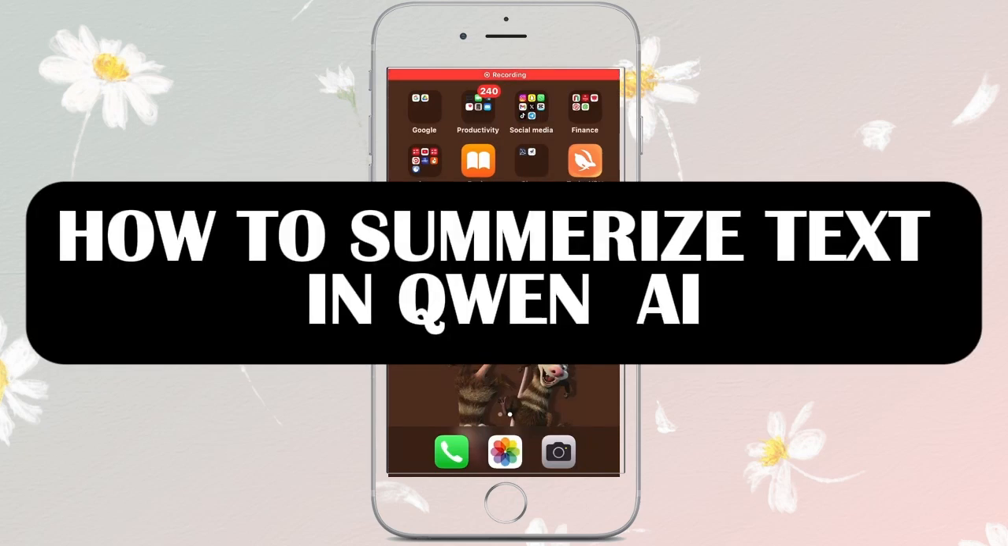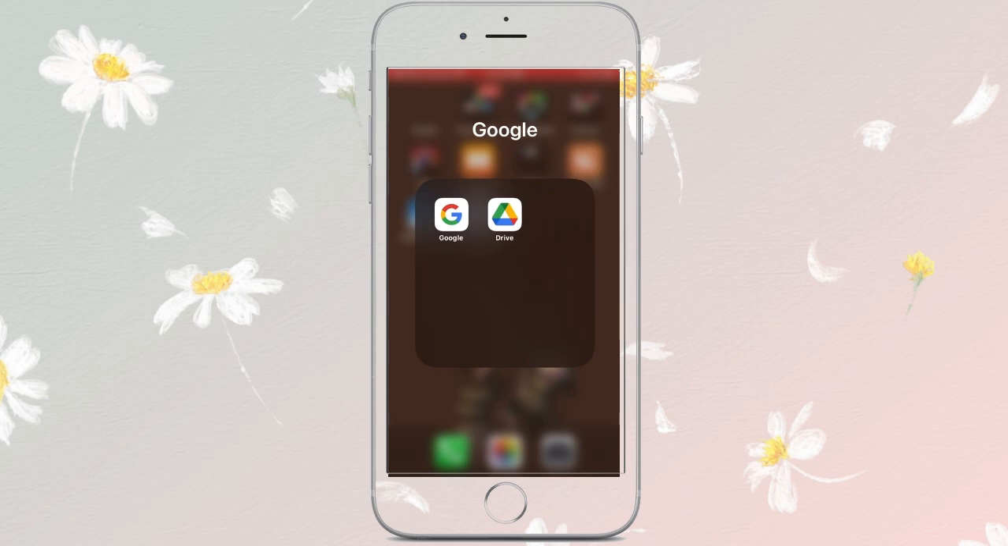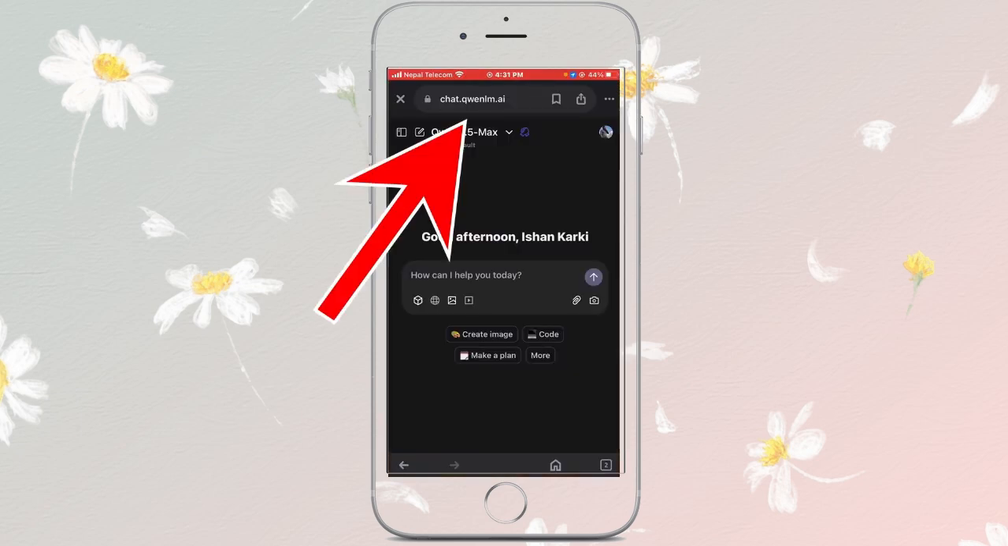In today's tutorial, I will guide you on how to summarize text on Qwen Ai. At first, you have to be on the home screen of your mobile phone. Open your desired web browsing application. For me, it's Google. On your Google search bar, you have to type in Qwen Ai and it will get